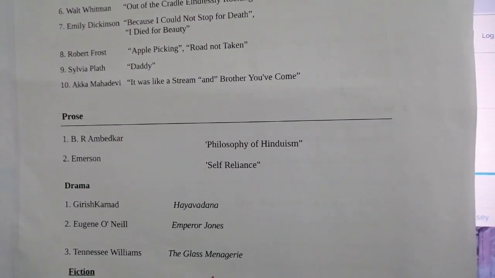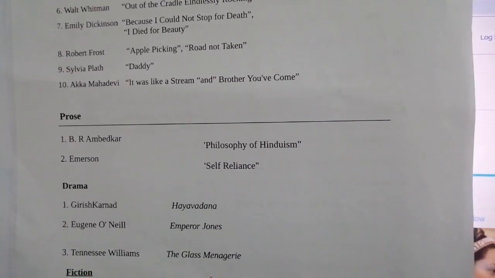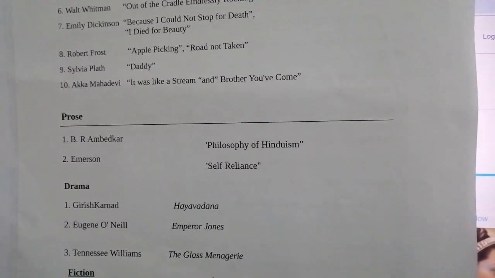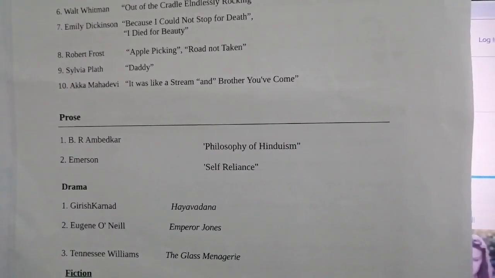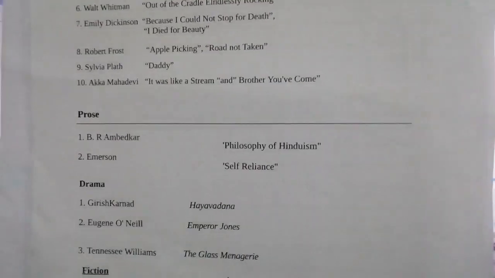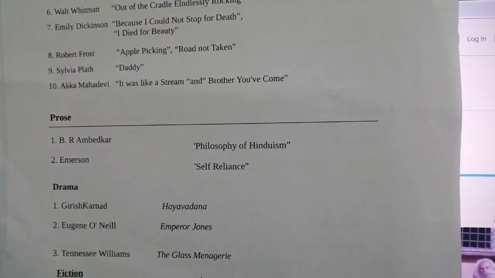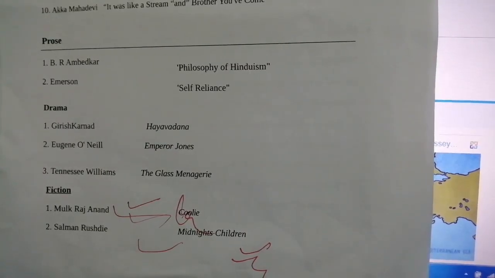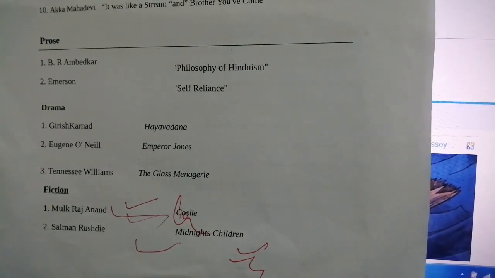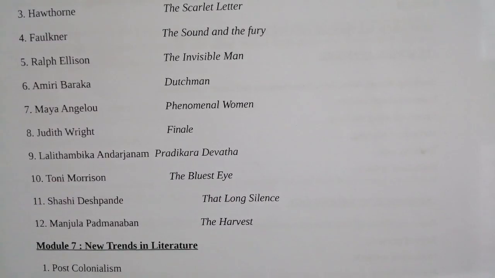In the second genre of Indian literature in English, American literature and women's writing, prose, B.R. Ambedkar's Philosophy of Hinduism is included, and Emerson's Self-Reliance is also included in the prose section. And when we come to drama, there are Girish Karnad's Hayavadana, Eugene O'Neill's The Emperor Jones, and Tennessee Williams' The Glass Menagerie, also included. In fiction, Mulk Raj Anand's Coolie, Salman Rushdie's Midnight's Children, Nathaniel Hawthorne's The Scarlet Letter, Faulkner's The